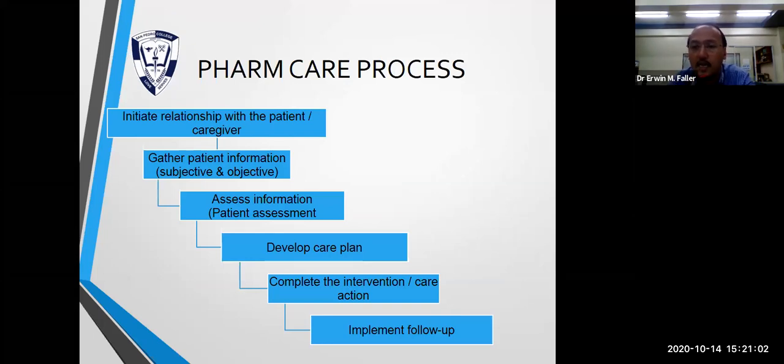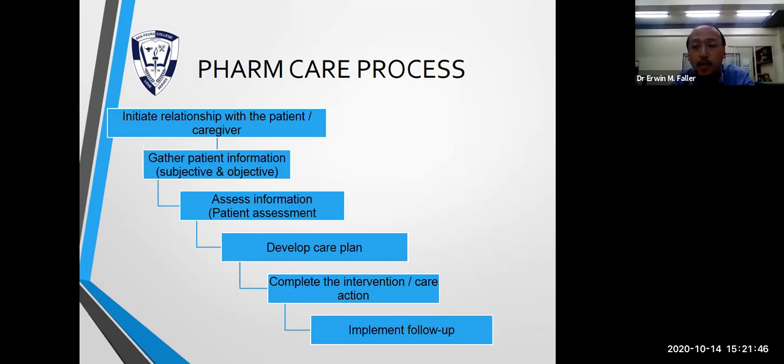As I explained last time, the process looks into a systemic approach of dealing with documentation, then the relationship with the patient and interviewing from a subjective and objective point of view, looking at the chief complaint, history of the present illness, family history, social history, medication history, and medical history. All must be considered so that you may have a correct systematic assessment of your patient, leading to the development of your care plan.